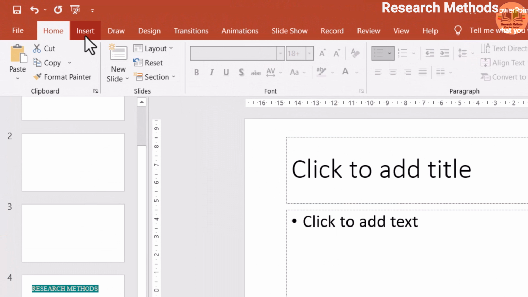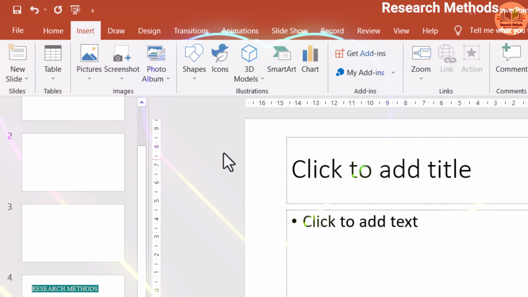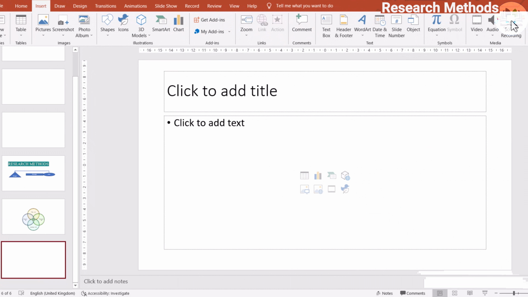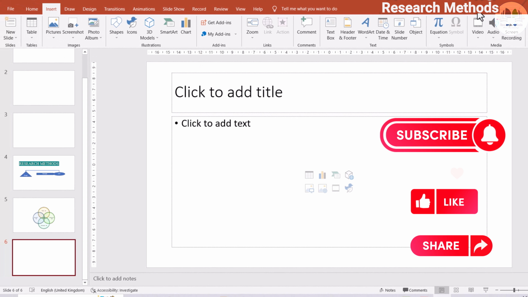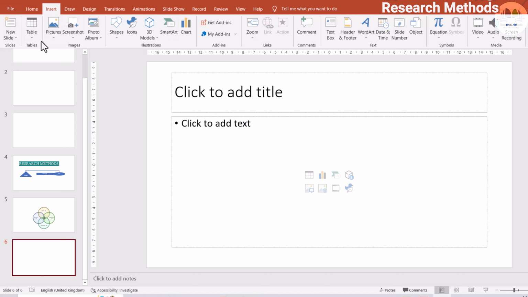So go to this insert menu, and you can see so many stuff here. You see, these are all the things you can insert. For example, first you can insert new slide, you can insert table, you can insert pictures, you can insert screenshot, you can insert photo album, you can insert shapes, you can insert icons and 3D models, you can insert smart art, you can insert chart,